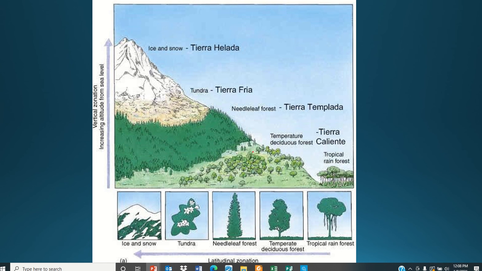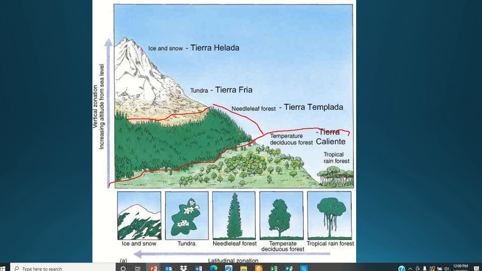Look at this. We have our Tierra Caliente zone, which is right around here. It goes up to about 2,000 feet of elevation. This is the Tierra Caliente zone, right? It gets into the 90s. Then, this is where most people live. This is in the Tierra Templada zone, right? This is where the coffee and stuff is grown. This is most of Central America, Tierra Templada.